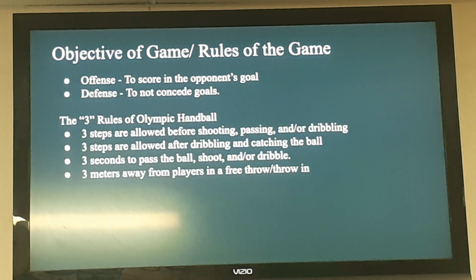So 3 steps are allowed before shooting, passing, or dribbling. 3 steps are allowed after dribbling and catching the ball. 3 seconds to pass the ball, shoot, or dribble. And then 3 meters away from the players in a free throw or throw-in. However, for a throw-in, it's half court. We have the defense all the way back at half court. Any questions? So what this looks like for the